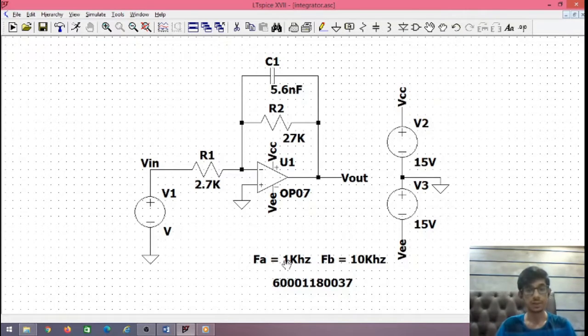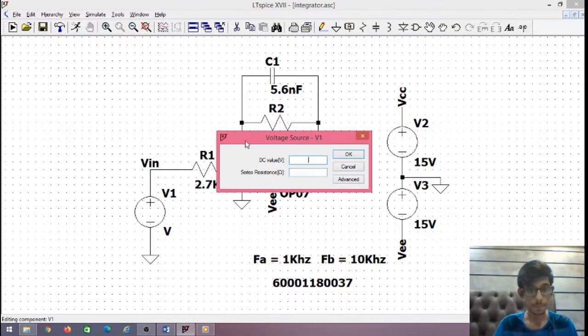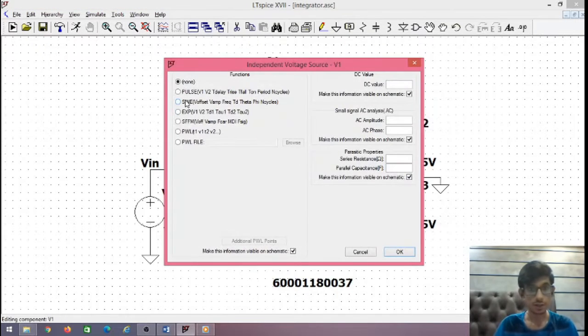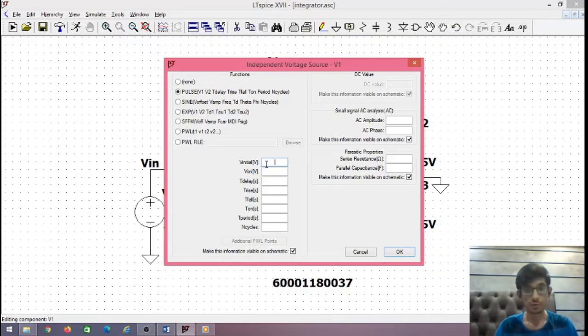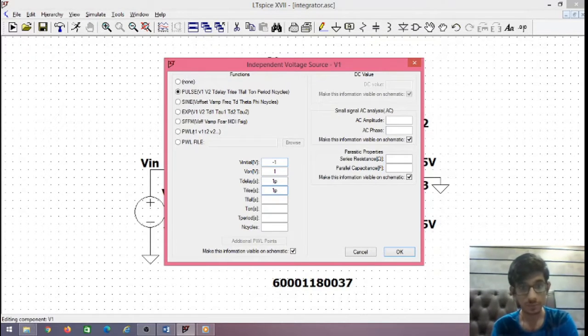So this is our circuit. Now let's run this. Let's give a voltage source first. We'll give a pulse wave, a square wave. For a square wave we need to set these values: V initial as -1, V on as 1, and T delay, T rise and T fall we do not want to change anything, so we'll keep them.